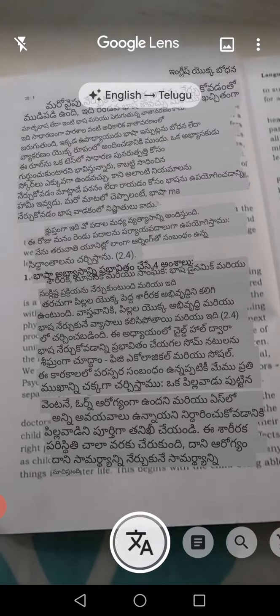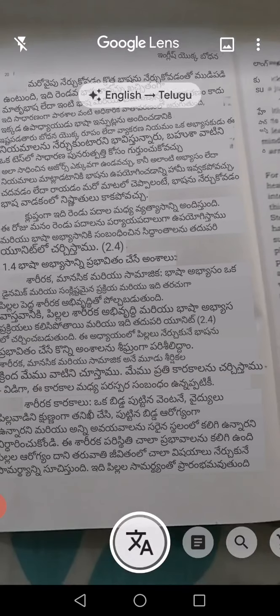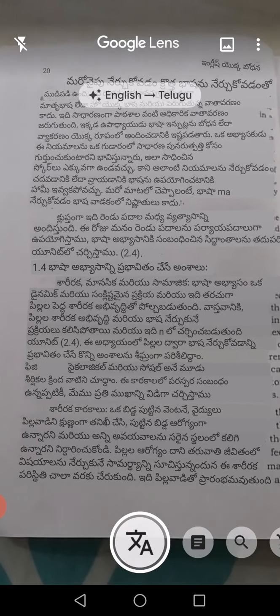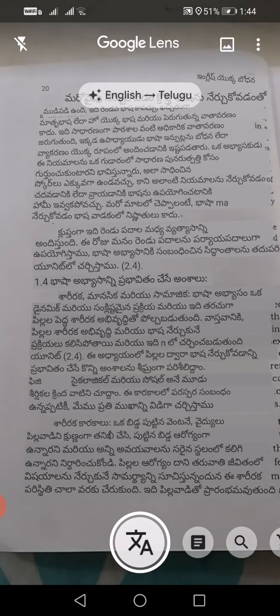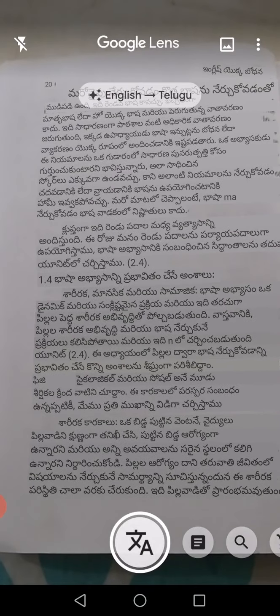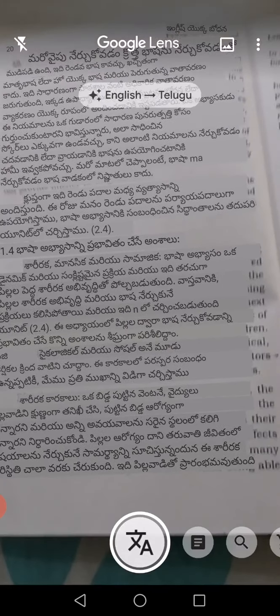Let's see how we can translate information and how we can understand this. Let me open one page here. How can we retrieve information? Let's understand, and show this Lens a page, focus it on the page. Immediately let's take a screenshot. Yes, I have taken a screenshot, and see, this screenshot is ready.